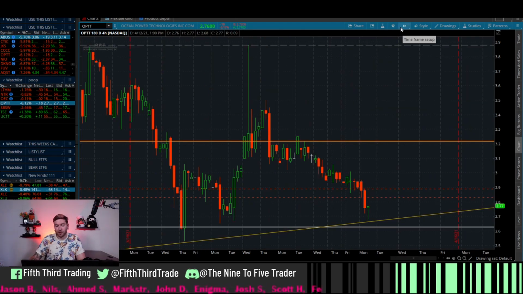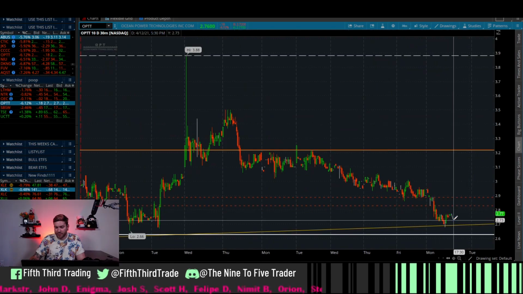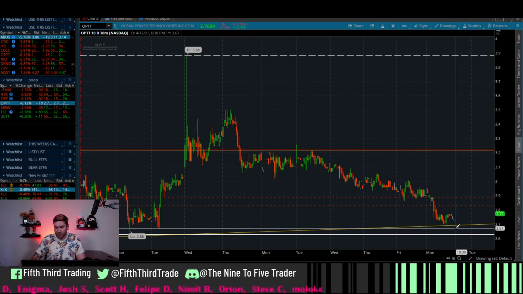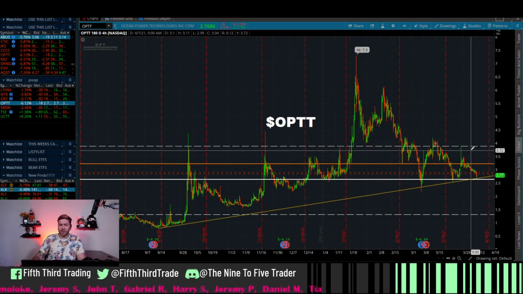If you want to be more risk averse and be more afraid, use the 10-hour chart and we can see if this all does break down here. If this does break down below here, possibly to 267, you lost 3%. You could buy back in when you see some more life. But OPTT, given the great reward, the pattern's forming a nice triangle here. If it does continue forward, that could be a really big play.